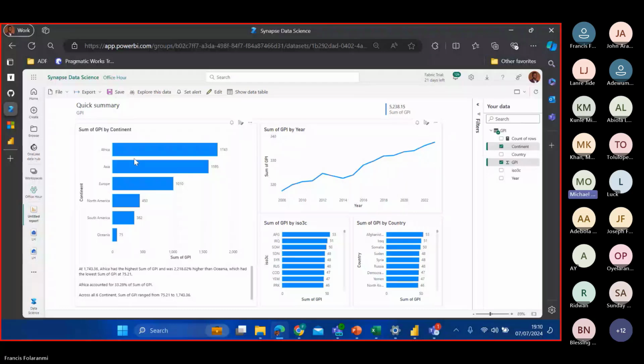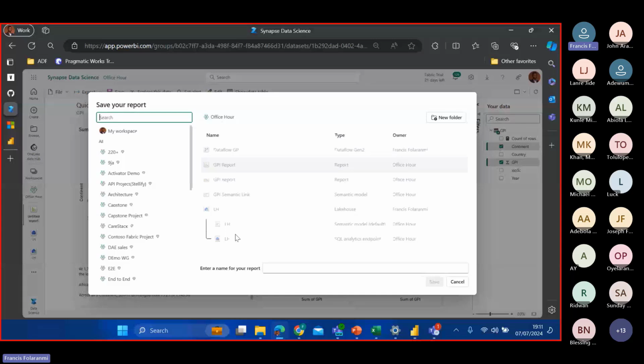Yes. Okay, let me just save this instead. Let me call it GPI reports. At least I will have that. I will click on save, and I'm saving it to the office hour workspace. So I have this report saved.